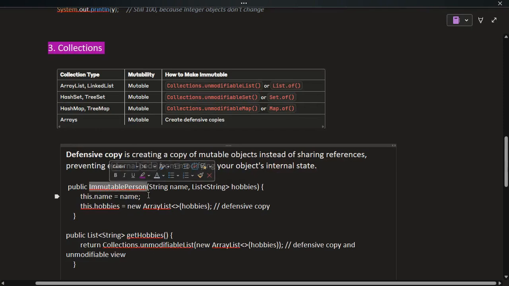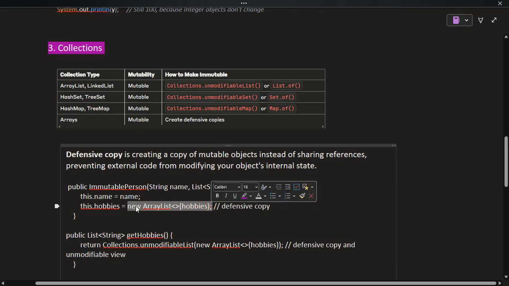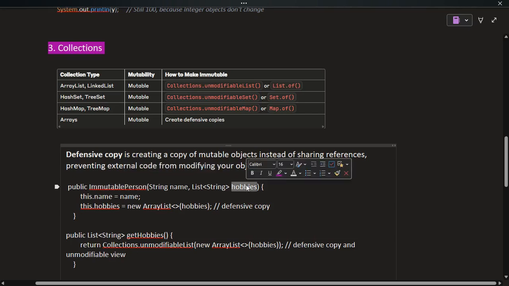So anyway, the immutability is achieved in this case. But now let's move to the second part. Now we have the getter. In the getter also we have to wrap it around this unmodifiable list. So this hobbies will again be wrapped inside this unmodifiable list, so that whenever we do something like get hobbies, we don't perform this sort of operations,